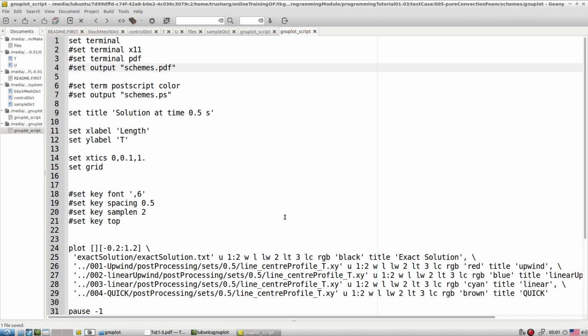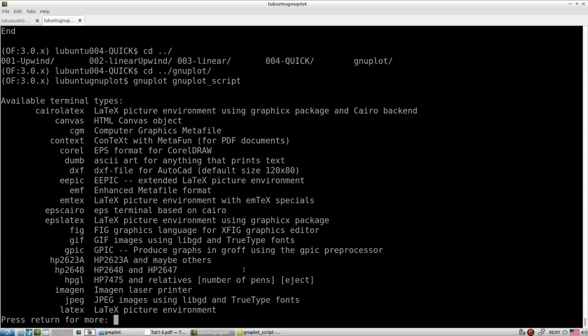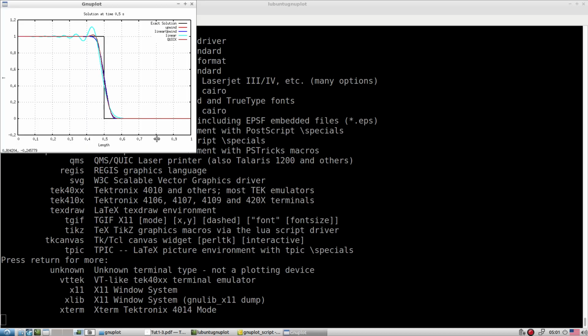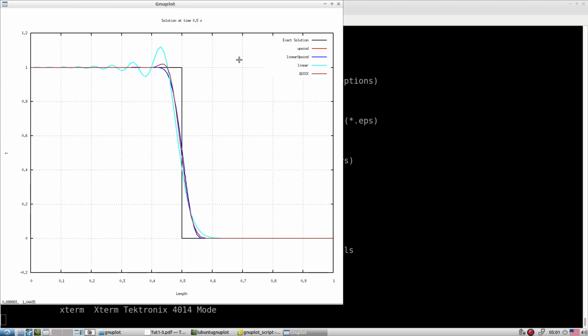Okay, so here we are reading from different schemes, and we are comparing the schemes for the same CFL number. Okay, so let's type gnuplot, gnuplot script. Okay, so here is the output for various class of the schemes. So exact solution.